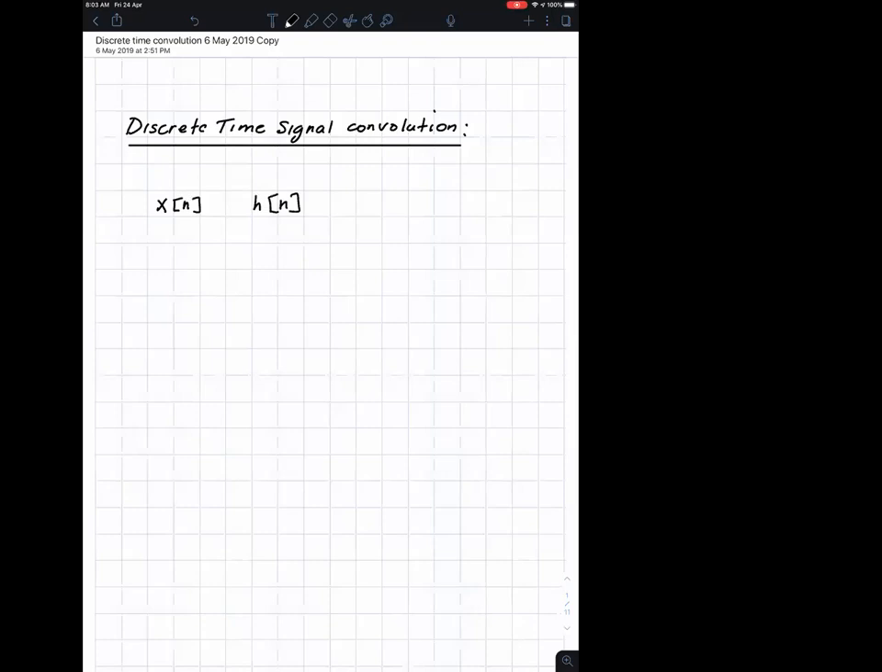the convolution, evaluate the discrete time convolution. Let's call the output y[n], is x[n] convolved with